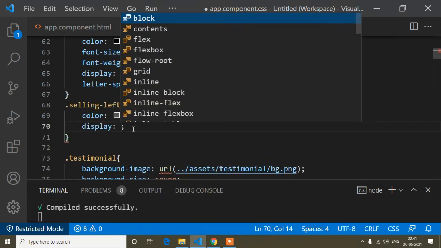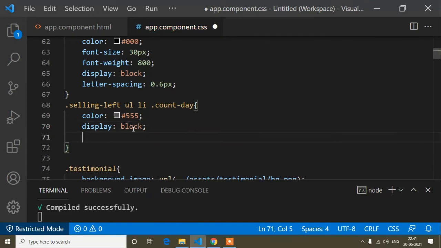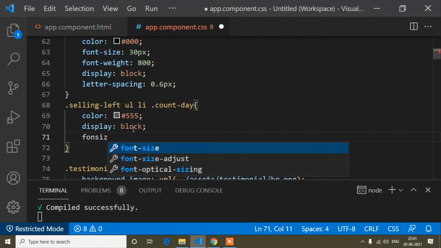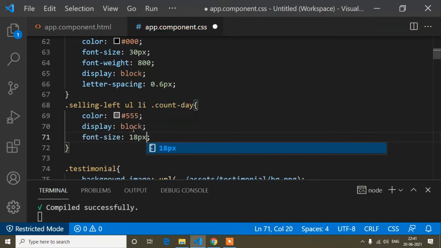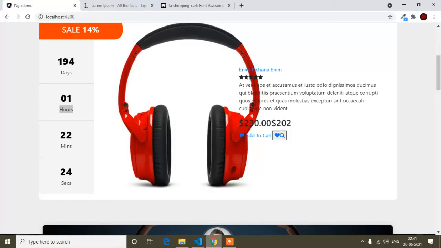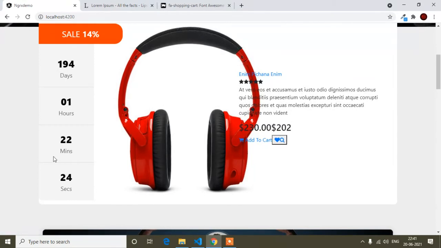Display is block and font size is 18 pixel. So it will refresh and it will add some changes in this li tag. You can see this one.